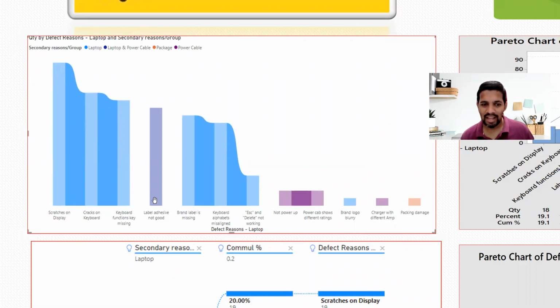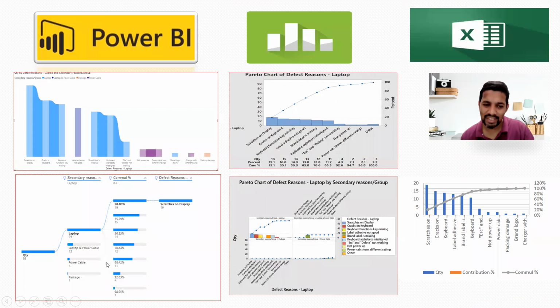missing and all that. And then label not working. All of this is given on the package side. All of this groups the data, and it is categories. All the data has been grouped by the categories. Now let's see the next chart in Power BI, a very beautiful chart called decomposition.